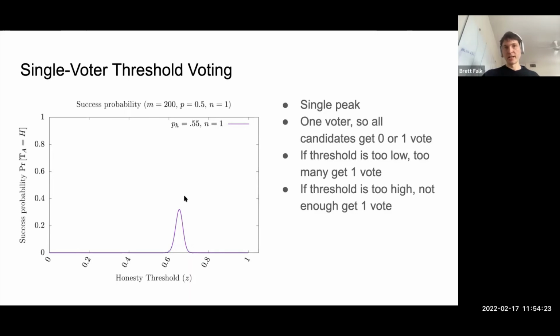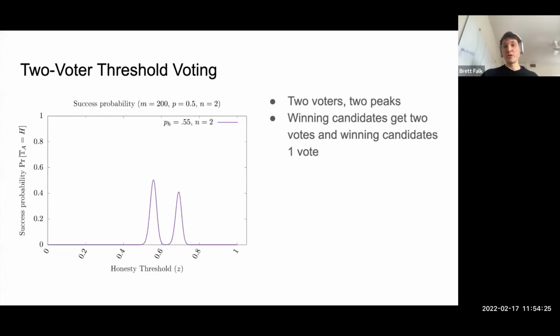So this looks really good, but the problem is the second you go to 2 voters, all of a sudden the optimal strategy is not at all clear. Now you have 2 voters. If they both vote for too many people, this is the region where all the candidates essentially get 2 votes. And now here, you get a nice differentiation. If people vote at this level, they vote for people who have a 55% chance or more of being honest, then the honest candidates will get 2 votes and the dishonest candidates will get about 1.